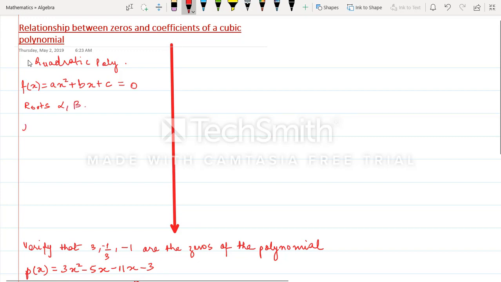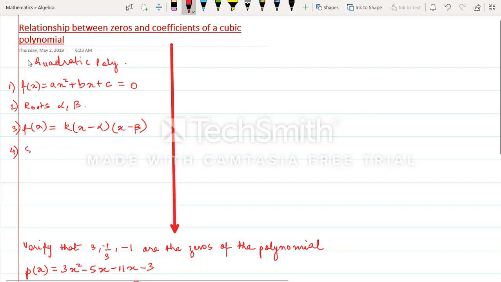And if I have to write another generic equation of this quadratic polynomial, I can write it as k times x minus alpha multiplied with x minus beta. Okay, this is all quadratic. These are things that you should remember. So this is point 1, this is point 2, this is point 3.